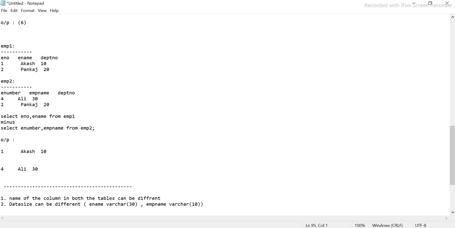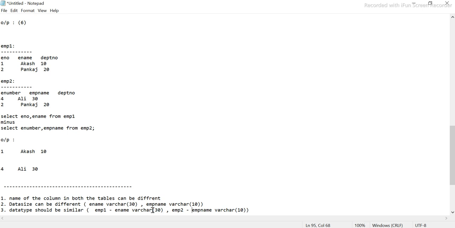What is not allowed here is very tricky, guys. Pay attention. The data type should be similar. For example, this is from the employee one table, and this is from the employee two table.